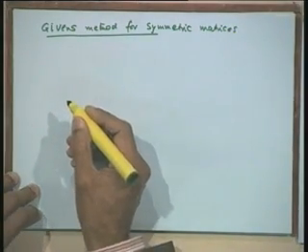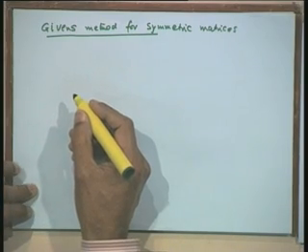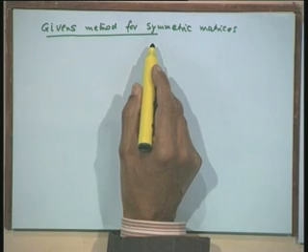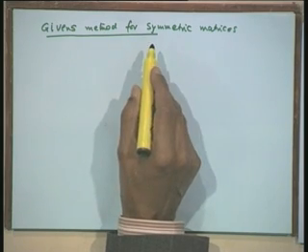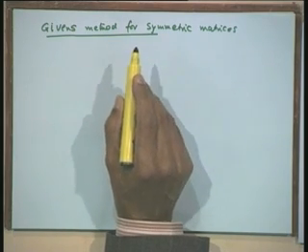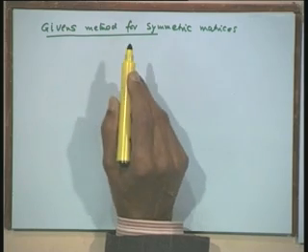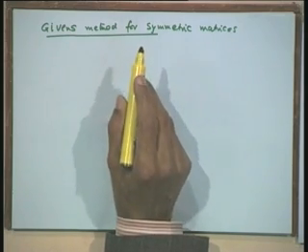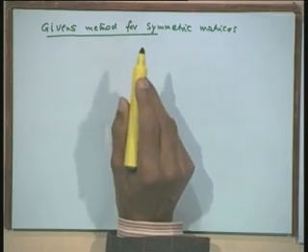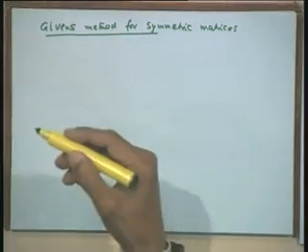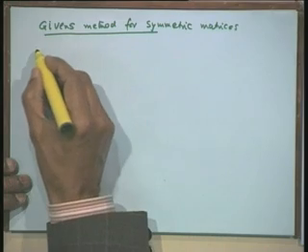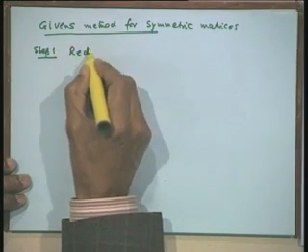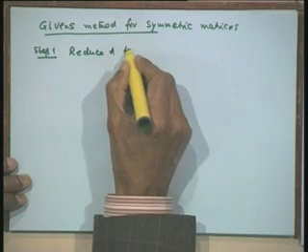Now, the method is derived in 3 steps. The method does not reduce the system A to one of the known 3 forms we have. We have a matrix as D, L or U, that is diagonal, lower or upper triangular, but this method reduces a matrix to a tridiagonal form. That means, one main diagonal, one super diagonal and one sub diagonal. So, the first step is reduce A to a tridiagonal form.